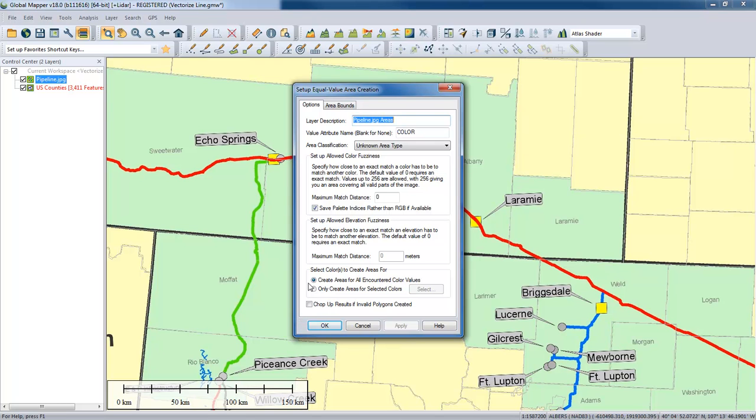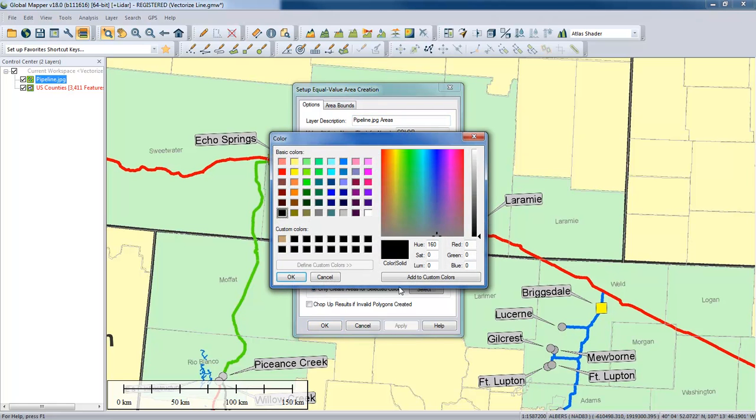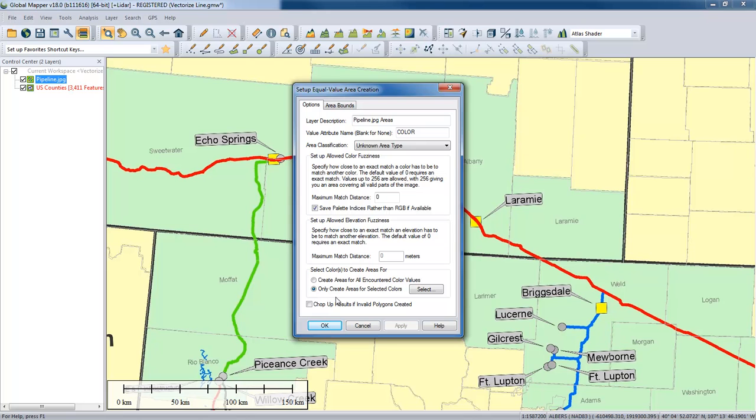extract. And you could perform this in such a way that it actually extracts multiple colors concurrently, but in my case I'm only interested in this red pipeline, so I'm going to go all the way to the bottom, and I'm only creating areas for a selected color. This obviously prompts me then to select the color, and the color I want to choose is this red color. I can choose it manually. 255, 0, 0 would be the corresponding RGB. We'll click OK, and I'm all set to go with this, but I want to show you as well where